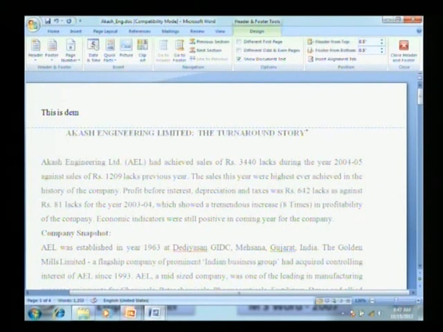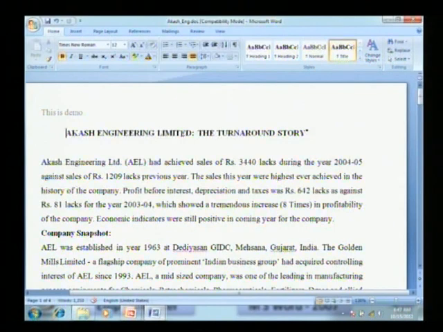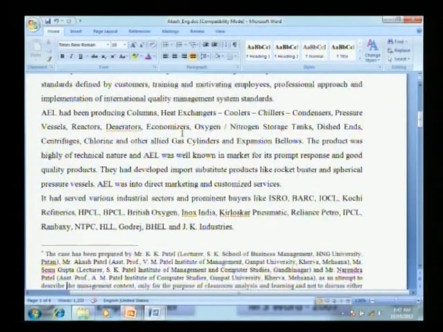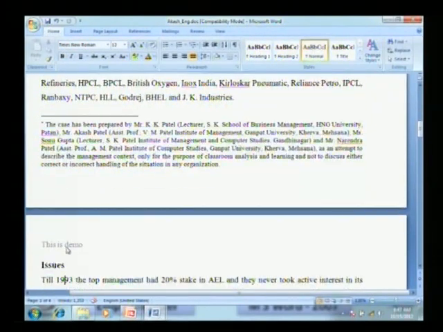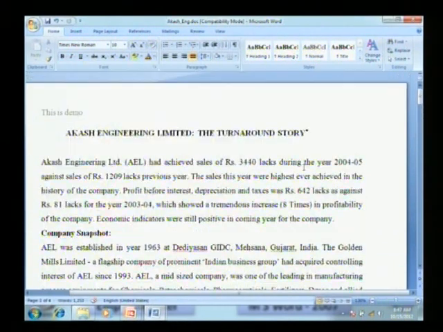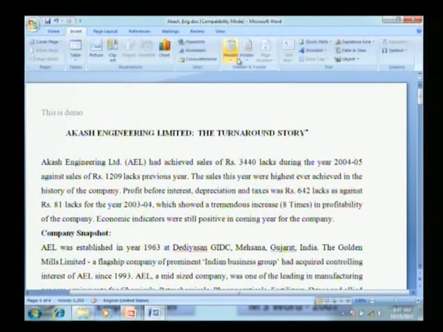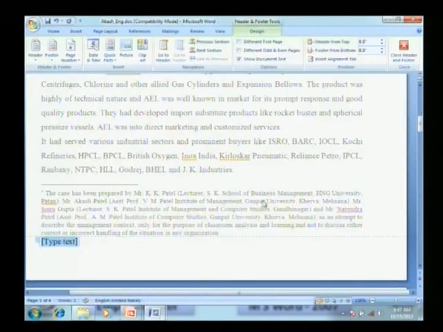For example, this is demo. Now what is the advantage of header and footer? If our document contains 4 pages, this is demo will be available on each and every page. See, on the second page, this is demo is automatically written. So all the pages contain it. In a similar way, we may work with the footer also. How to go for footer? Again Insert, go to footers. So in the footer we may write, this is a footer. And normally the footer is used to indicate the page numbers.